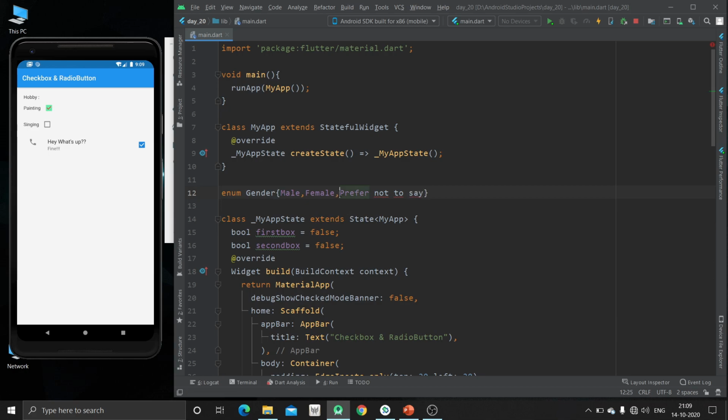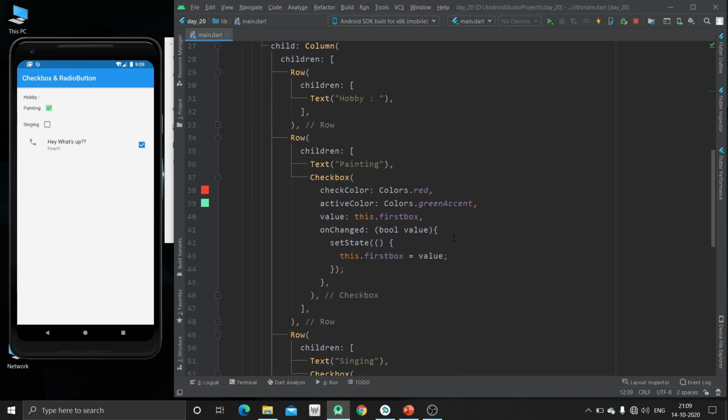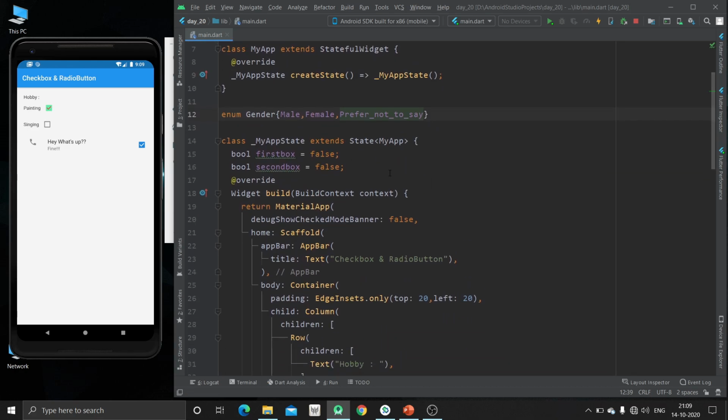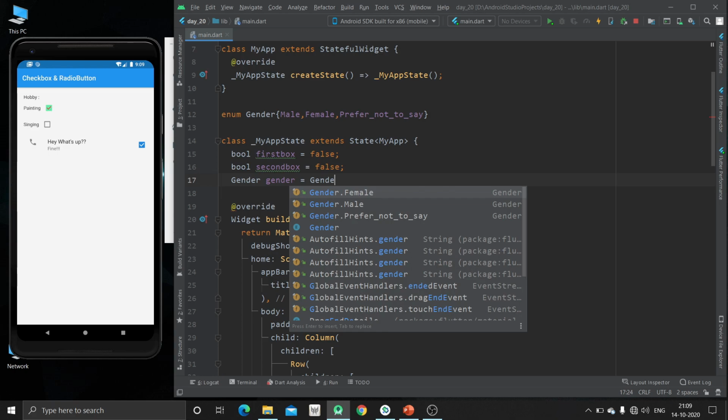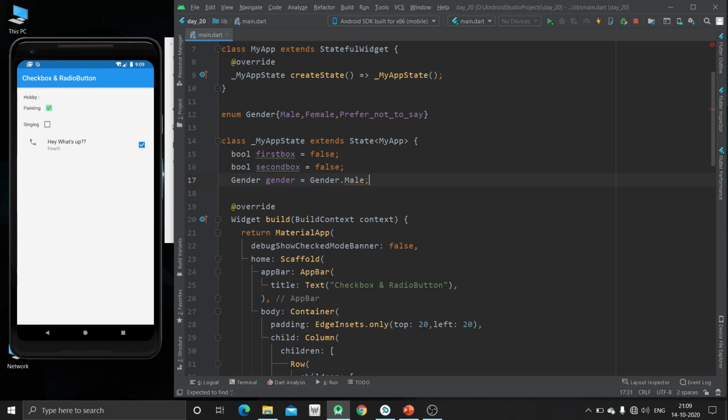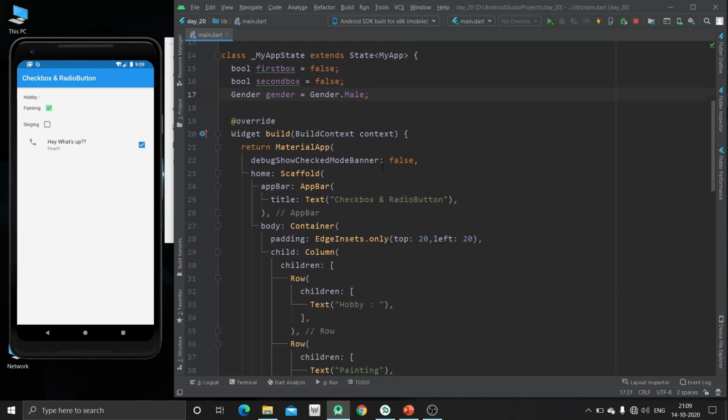Now there should be no space between these, so we have to use some underscore to separate them. Now we are going to create one variable of this gender inside our app state. So gender is equal to, by default we can specify some value, or we can make it null also.